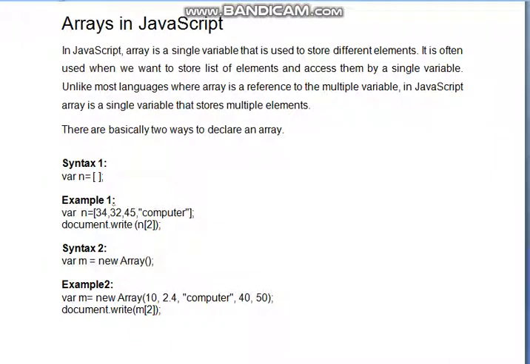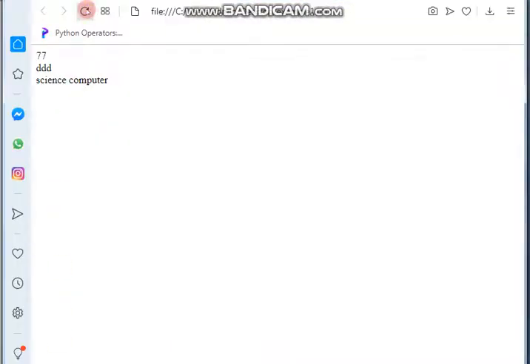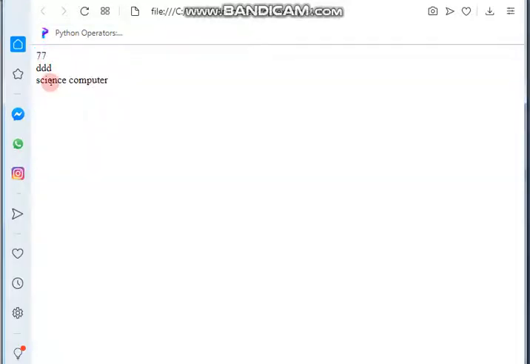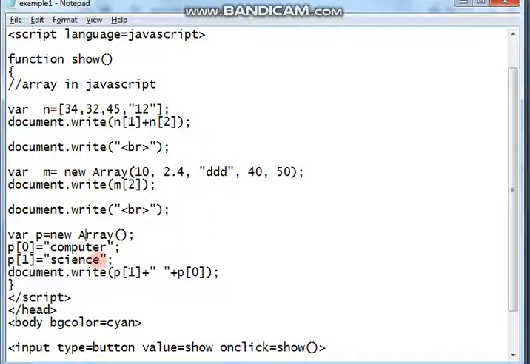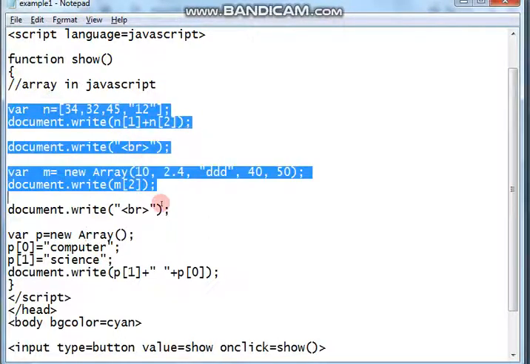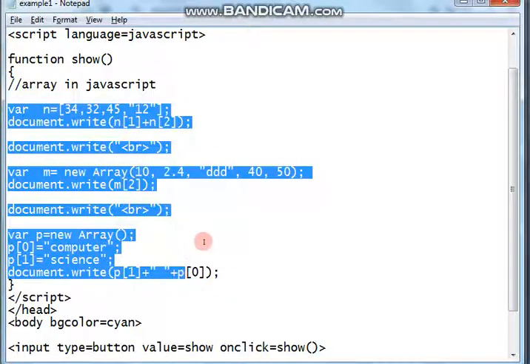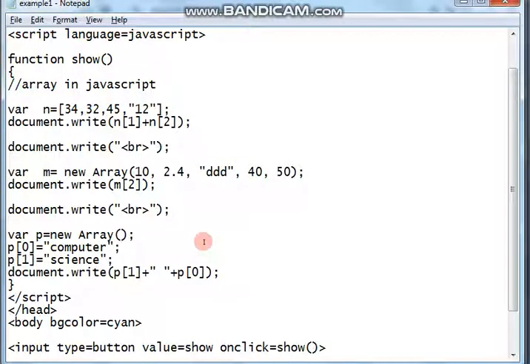Fine. Okay. Let's go to the browser. Let's compile, sorry, let's see. See, it's coming. Okay. Understood the thing. So this is how, in 3 ways or 2 ways, I have shown you how the array can be declared here. Now in this case, the static values we are just defining to the array.